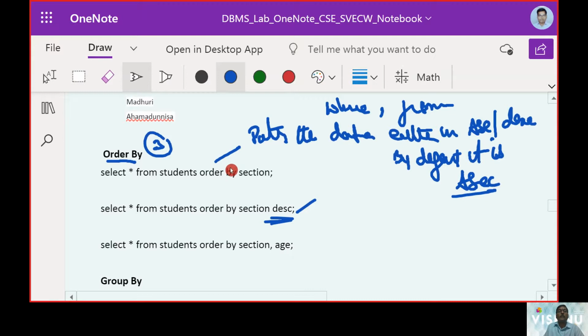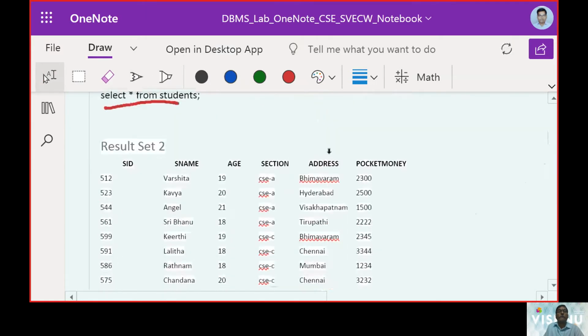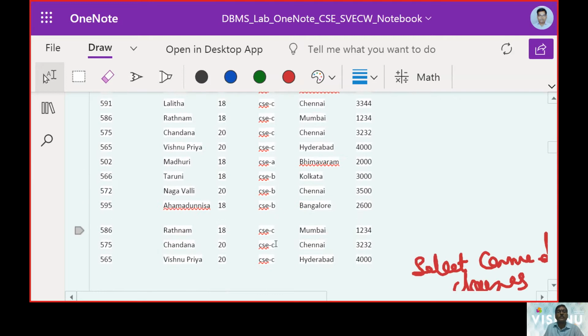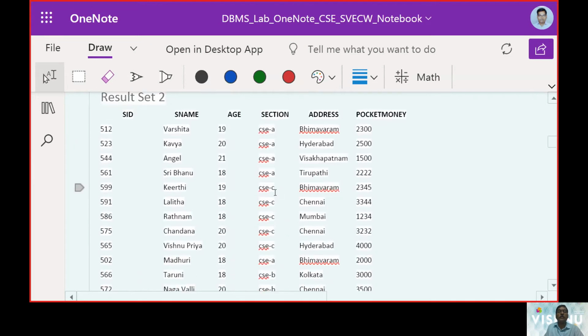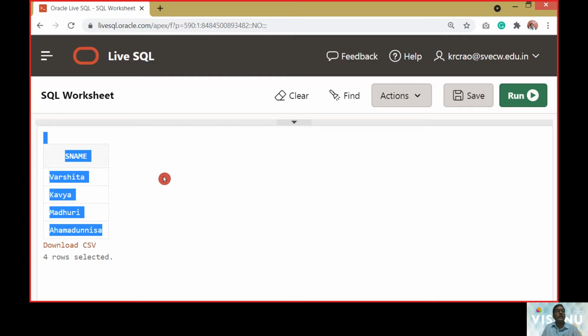Now we have section as A, section as CCC, then we have section as BBB and section as CCC. Now I want this to be put in ascending order. All A's first, all B's second, and all C's third.